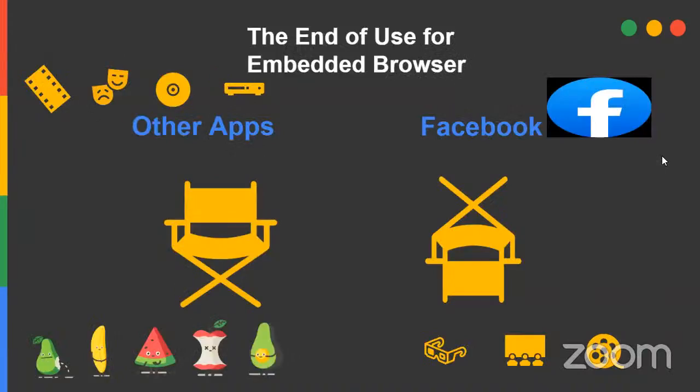So, other apps could access Facebook depending on the means they use to access it. Your apps could still log in, but as for Facebook, there was an end of use for the embedded browser. Now, what's an embedded browser? When you handle your app, you tap an external link. It is actually meant to open an external link in your application. If you build an application,